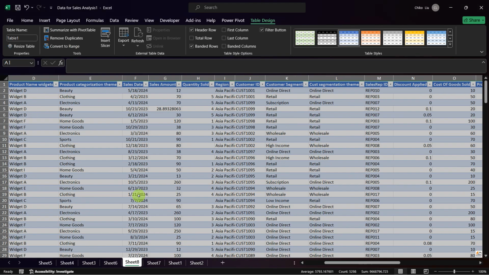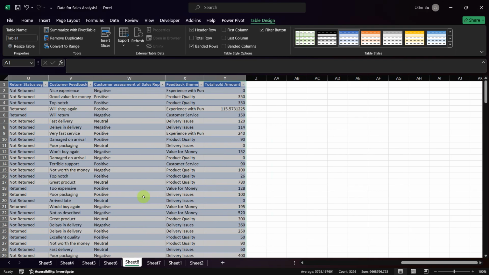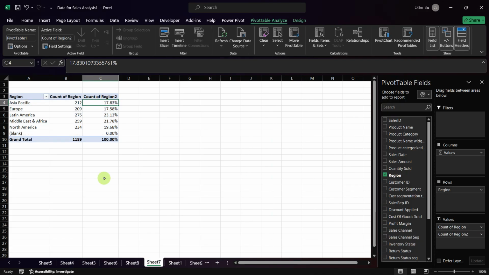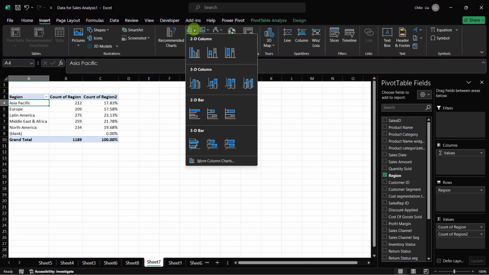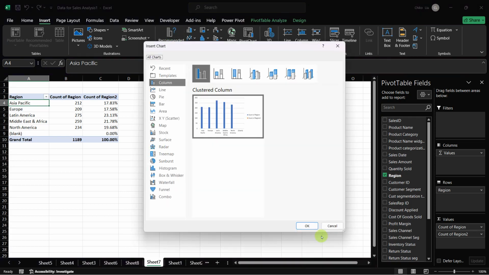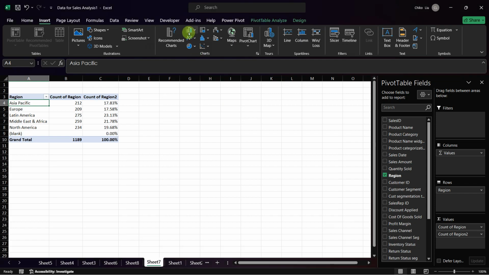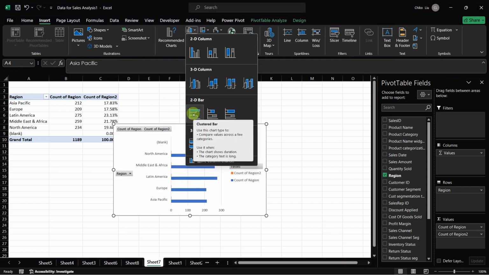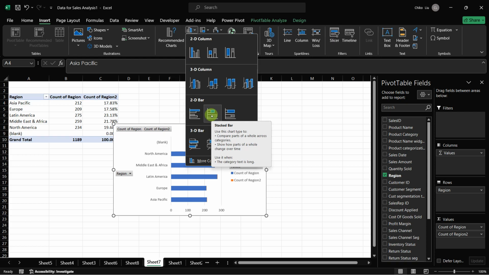So basically, did I apply? Oh, this is interesting. So basically, you use pivot table for a lot of formularization. And imagine if I want to do a visual summary of this. All I need to do is click here, go to insert, and go to my chart area. You can click on recommended chart. It's going to recommend what you do, but you can go anywhere